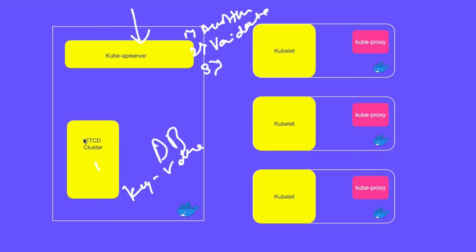etcd is like a key component of the whole cluster. Imagine if the whole cluster goes down, and if you just had a backup of etcd cluster, you could easily restore the whole cluster. That's how important it is. So as you can imagine, for such an important component, security is a prime concern. So that is why Kube API server is the only component that can talk to etcd cluster. It is the only component that can do any kind of read or write actions on etcd database. So any other component that needs to get any information has to go first through Kube API server. Kube API server will validate the request, and then it will go through etcd cluster.